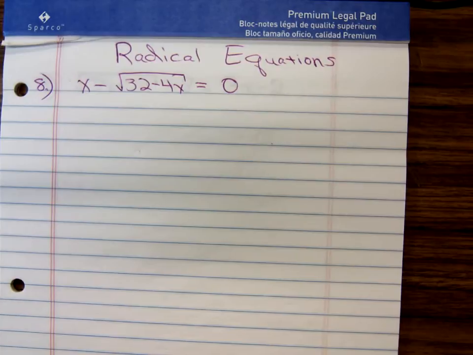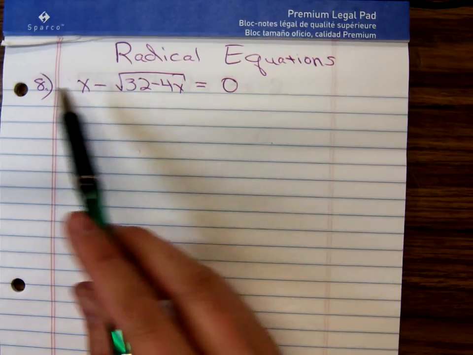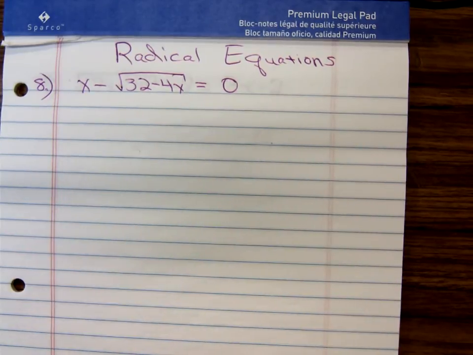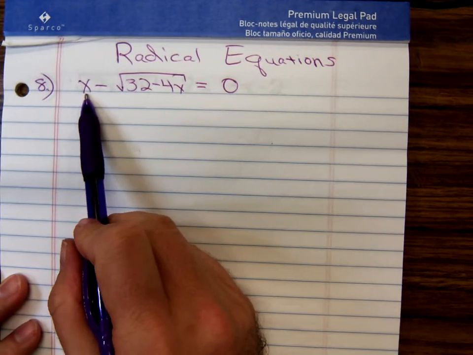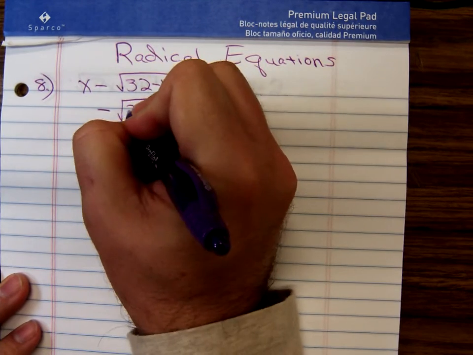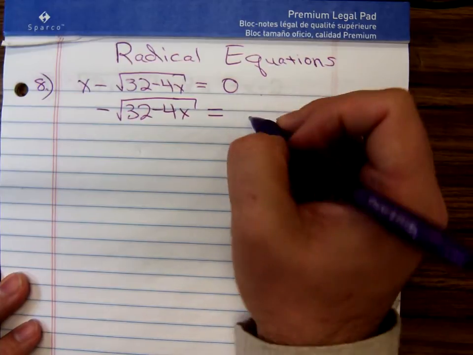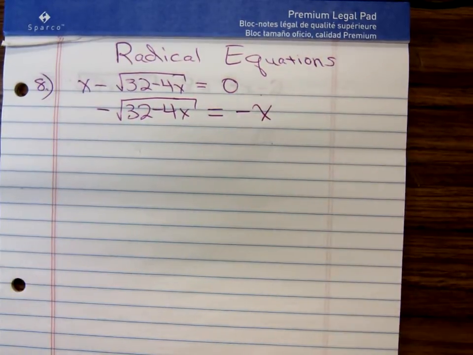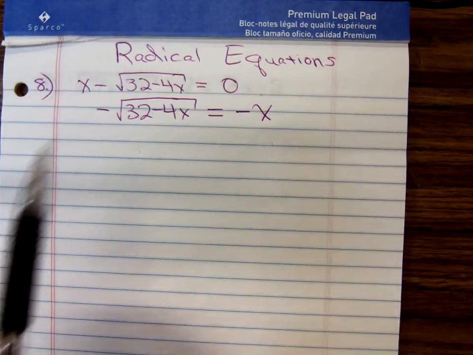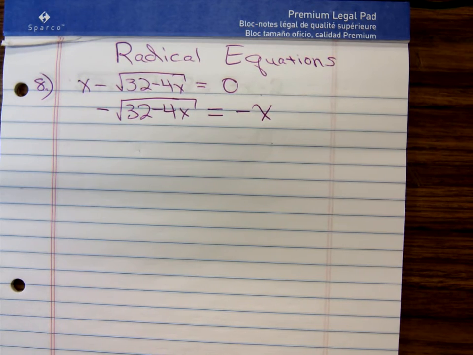Now before we do that, we must first isolate a radical term. Remember what I said. You don't want to just start squaring right the way that's written. I would think I'm going to pick up this x and move it over to the left. So I'll have a negative square root of 32 minus 4x equals, pick up that x, move it to the right, that becomes a negative x. If I'd moved the radical to the right, we wouldn't have had those negatives stuck out in front, but it's still going to work out okay because now we're ready to